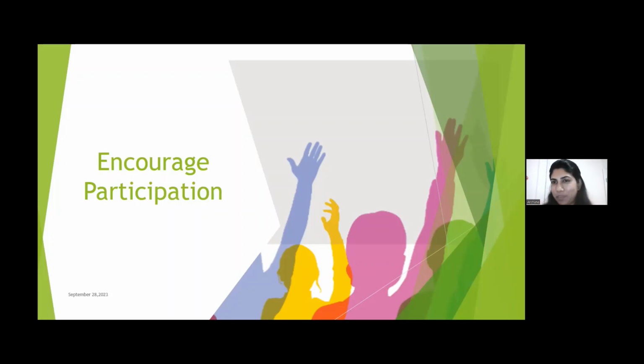They got a chance to present their ideas. They got a chance to talk. So this is the same technique I use in my class as well. I divide the class into small groups so that they can participate. Every kid gets a chance to participate. So we have to encourage the kids to participate more, we have to teach them responsibility. And we have to get them involved in the class.